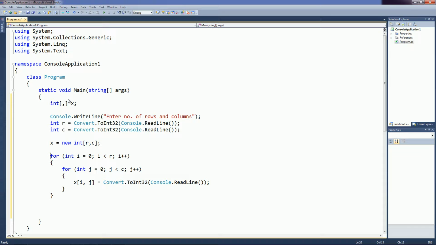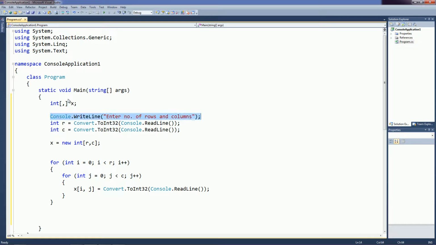Okay, before that give the message: enter number of, enter r rows and c columns of matrix. Okay, now here also